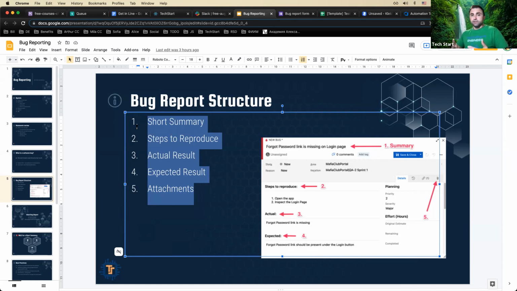That saves money. That gives more time for you and the developer to work on something else, and your project becomes efficient. So that's why this role and reporting bugs is very important, because every detail that you add is very important